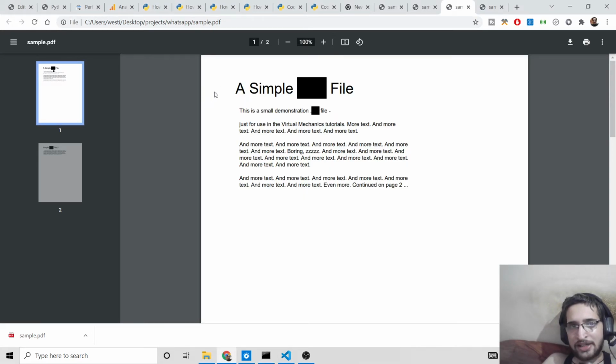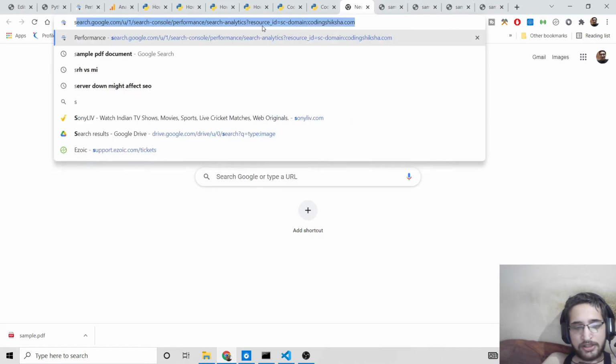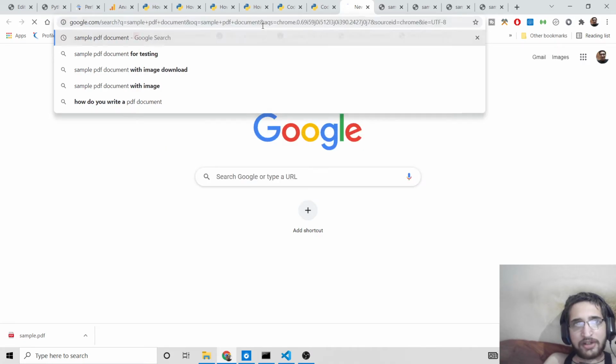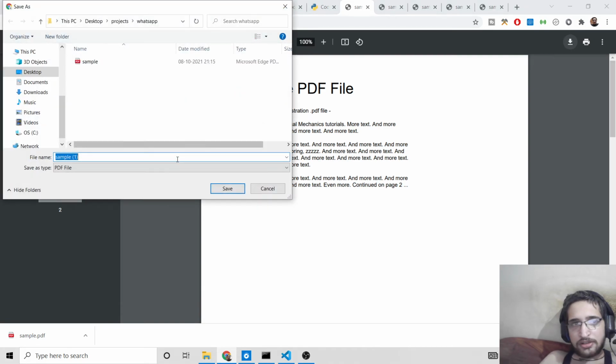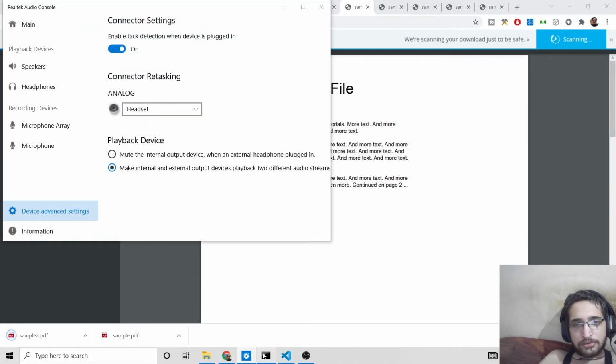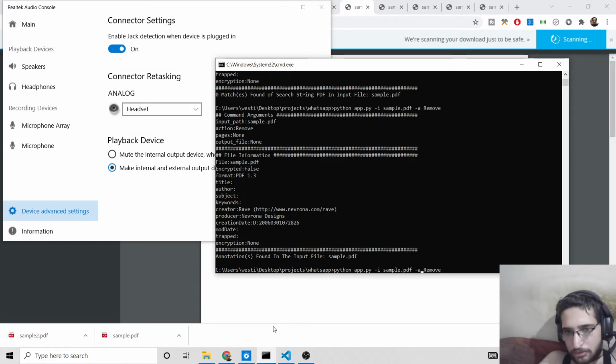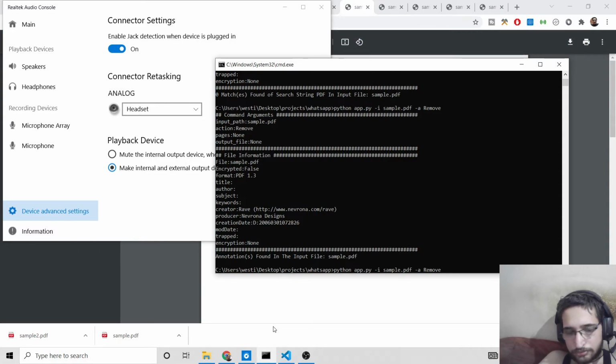If you redact it with a black background color, you need to download this file again from the internet. You cannot revert this effect. So again, we need to download a brand new file here. Let me call this sample2. Sample2.pdf, and now we will use the frame.